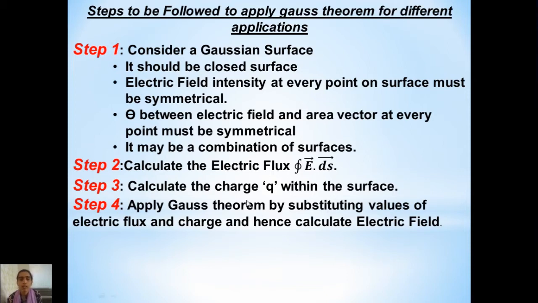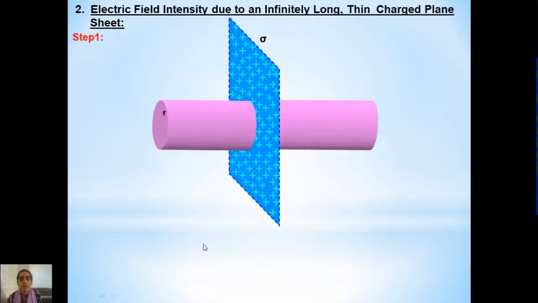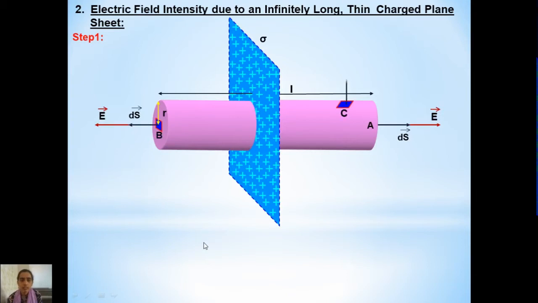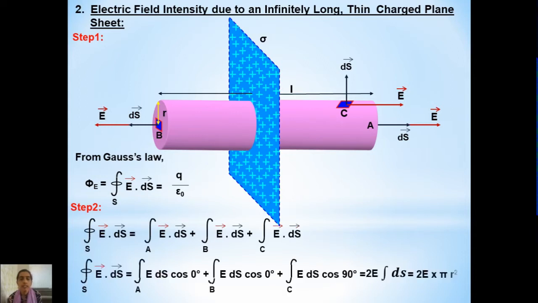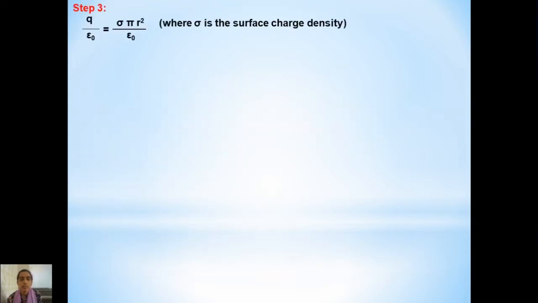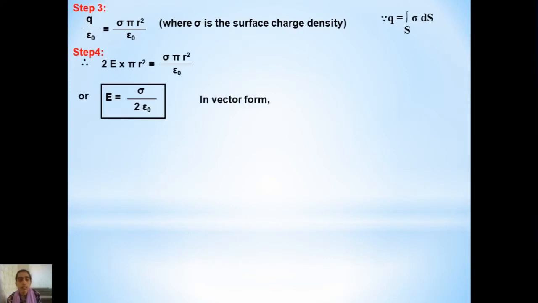There also we had applied these same 4 steps and determined the electric field intensity. We considered a cylindrical Gaussian surface, then we calculated the total electric flux, then the total electric charge, and substituted all the values in the 4th step, and hence calculated the electric field intensity for the thin plane